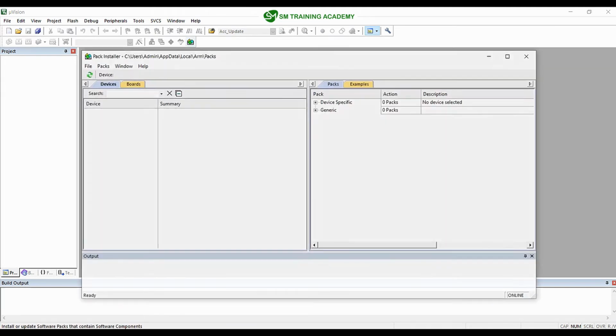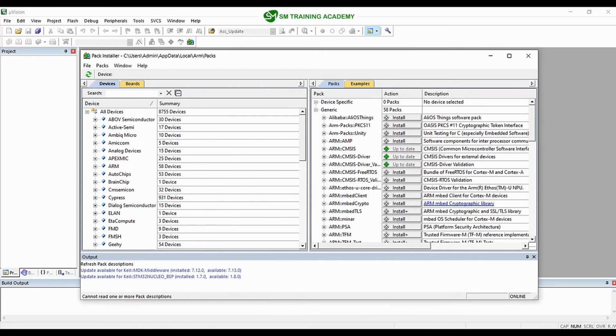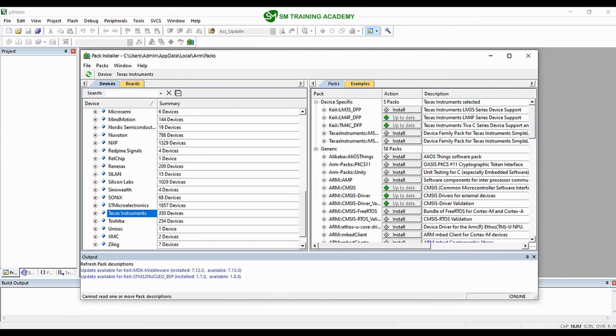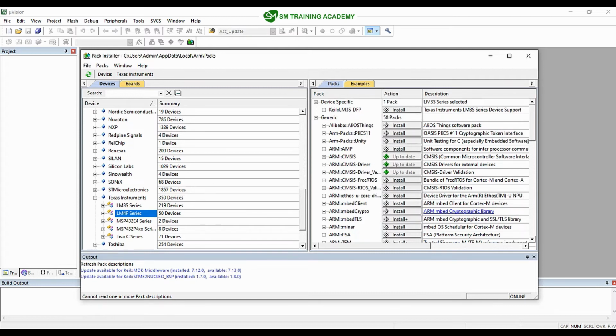So you just want to click on this pack installer icon. You can see this pack installer window will pop out. Click on OK and here scroll down a little bit and you will find this Texas Instrument tab. Click on the plus next to it on the left and you will see all the controllers related to Texas